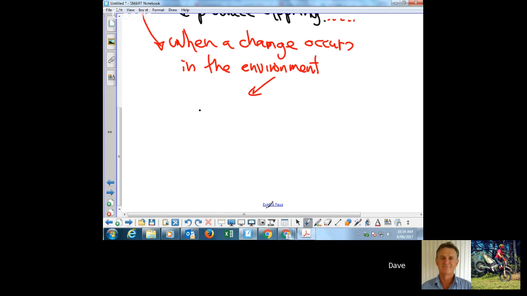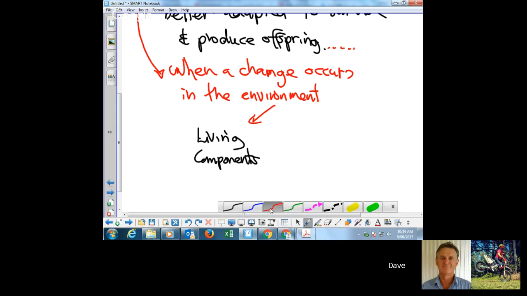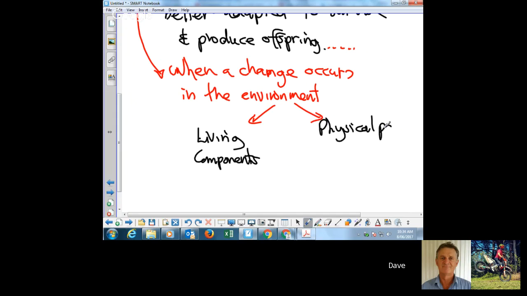The environment includes all the living components, all the other living things. And the other part of the environment is the physical part. The physical part could be things like the climate, the landscape,